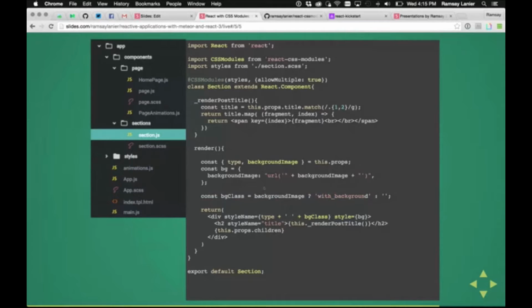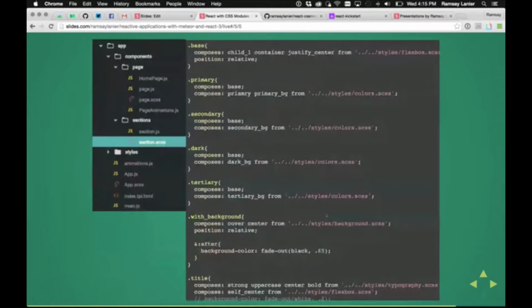The other thing I really wanted to show is that you can still use inline styles with this if you wanted to. One of the big reasons you want to use inline styles is for background images. In your CSS file, let's say you're pulling a background image from your data source, you're not going to know what that is in your Sass file or your CSS file. So you're going to want to do that inline style. So you can still do that here. We're setting the background image style to the background image prop that gets passed in, and then we do style equals BG. So you can still use them both together if you want.